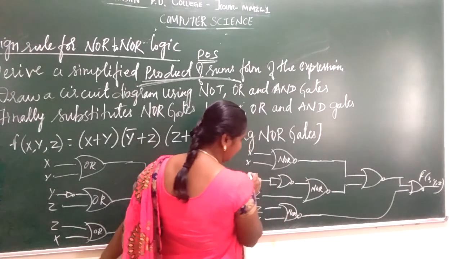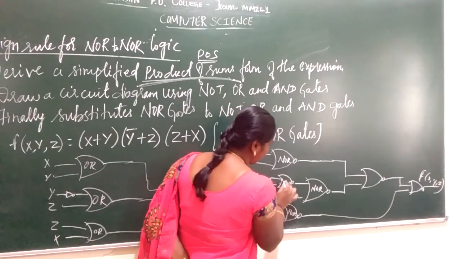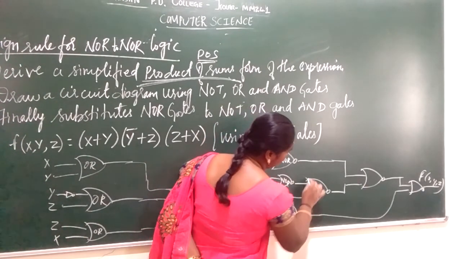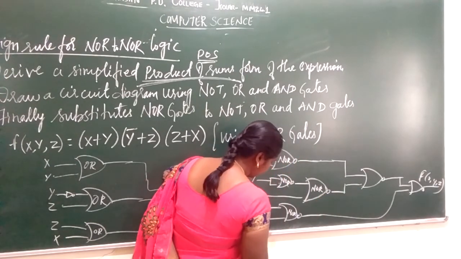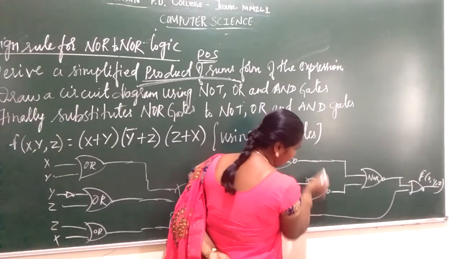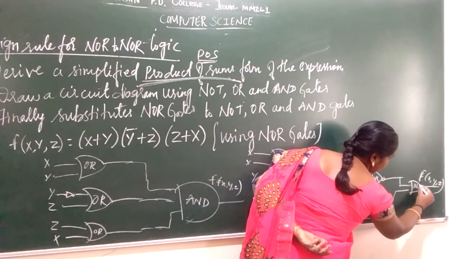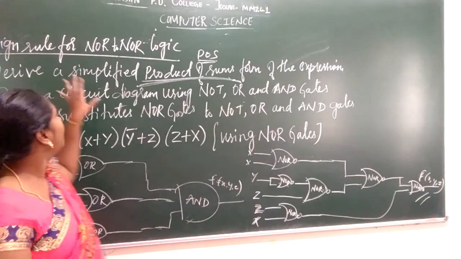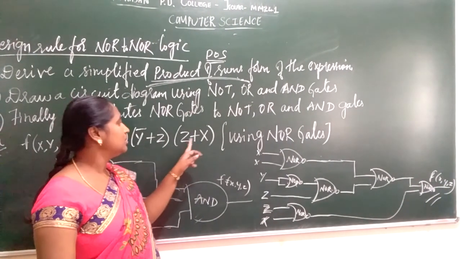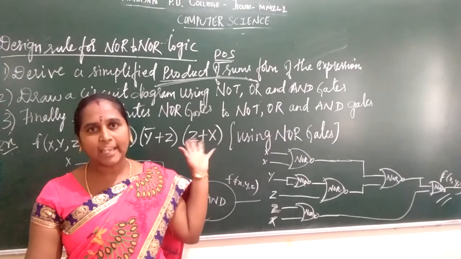So x y as it is I have taken with a NOR gate, y is being complemented since I used the complementation, one NOR gate. So that y and that y, and this should be combined with that NOR gate. Then you have z x. I have used a NOR gate. First these two are combined in the two level circuit. So it gives the result. Then my last x z should be combined at another level. So this gives the result of your simplified expression for (x plus y bar) plus z into (z plus x). So like that you can solve any number of expressions using the design rule for NOR gate.